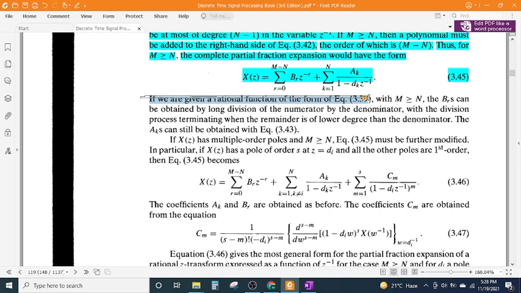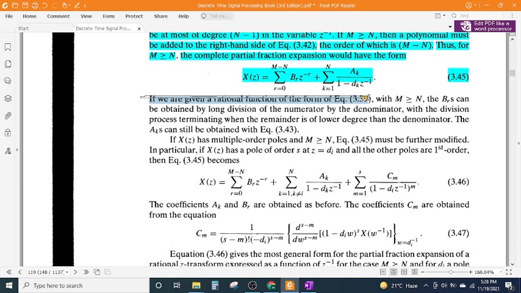The coefficients C_m are obtained from Eq. 3.47. Equation 3.46 gives the most general form for the partial fraction expansion